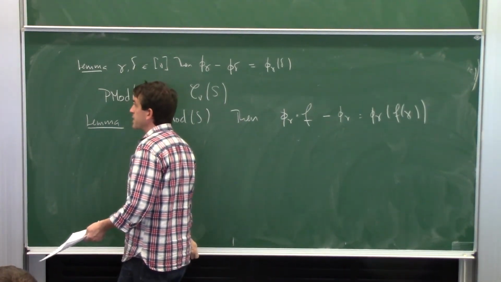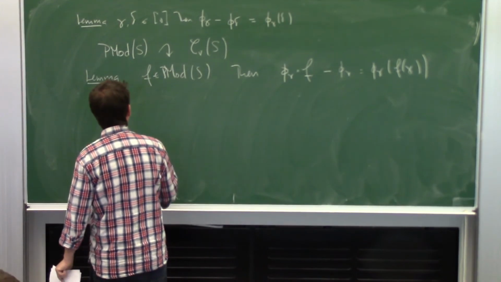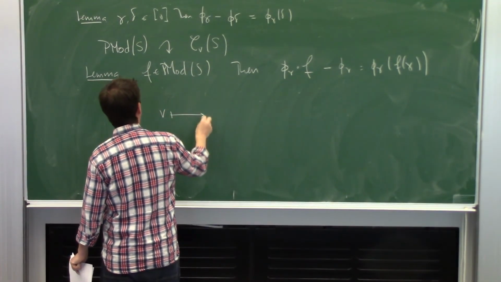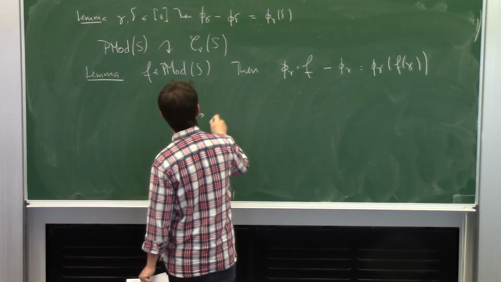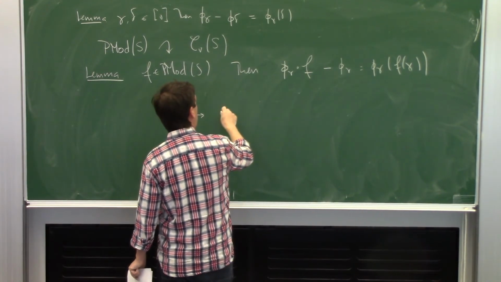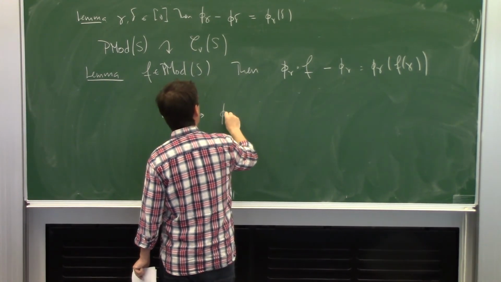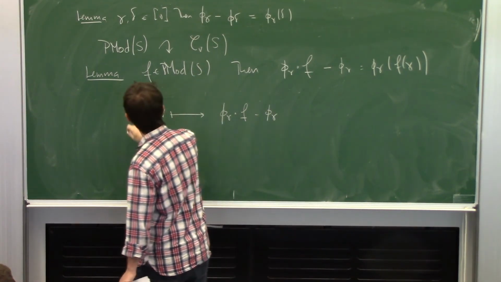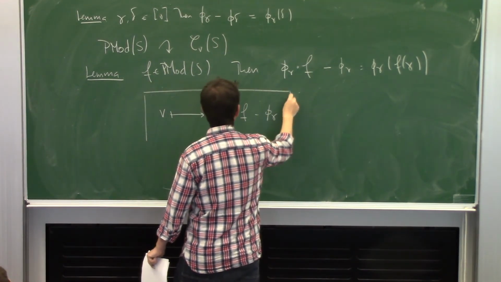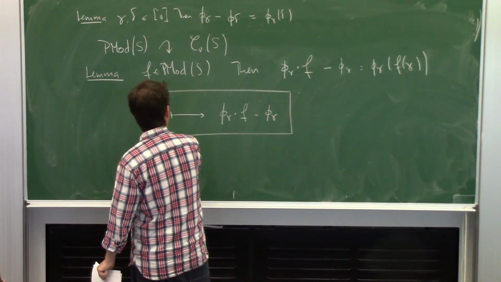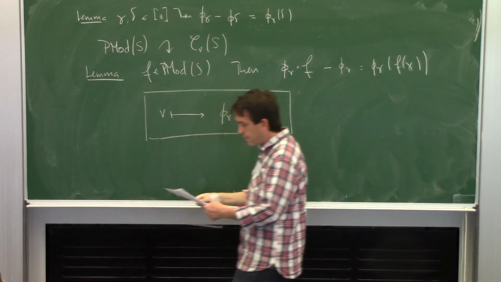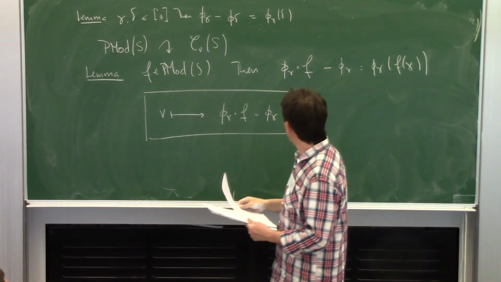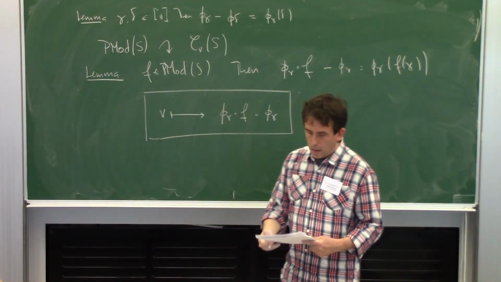And so what is the map? The map is, so I'm out of time. V goes to phi gamma of f minus phi gamma. So the claim, the proposition is that this map gives you